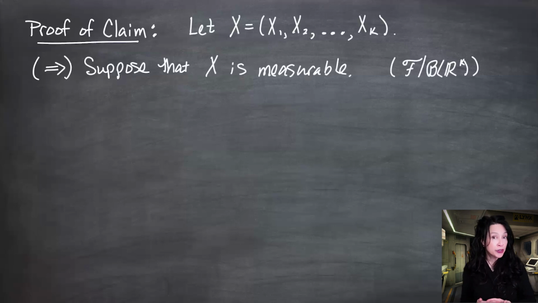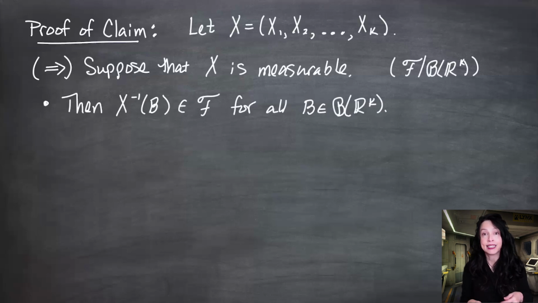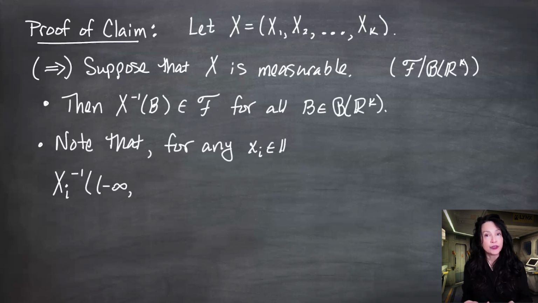This, of course, means measurable with respect to curly F slash the Borel sets on R^k. This means that X inverse of B is in curly F for any Borel set B in the Borel sets in R^k. Now note that for any real number xi, the inverse image of the interval from minus infinity up to xi, including xi, can be written as the inverse image under the entire X map,